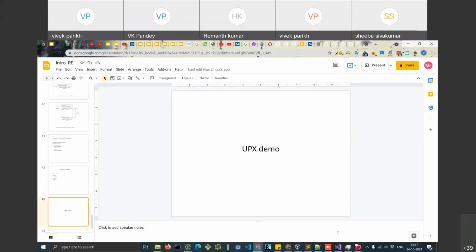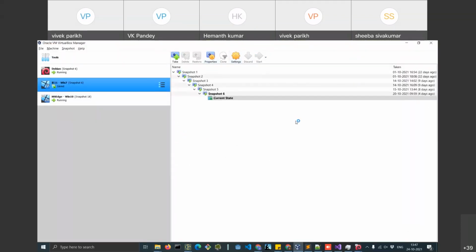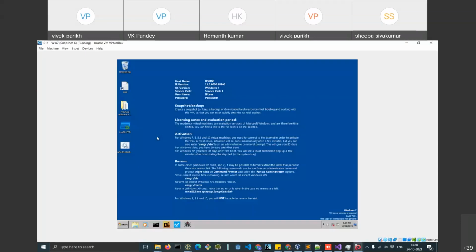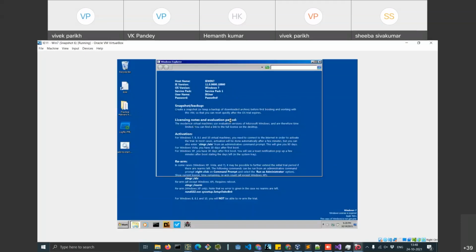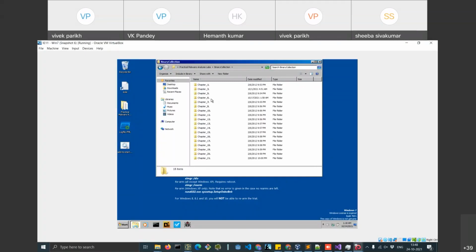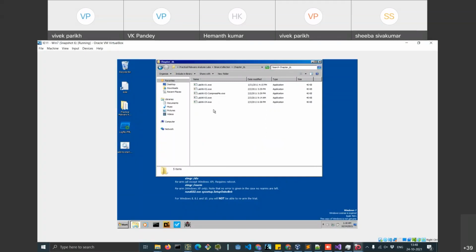Okay, so I'll show you what happens when an executable is processed with the UPX software. I have with me this binary, which is named compressme.